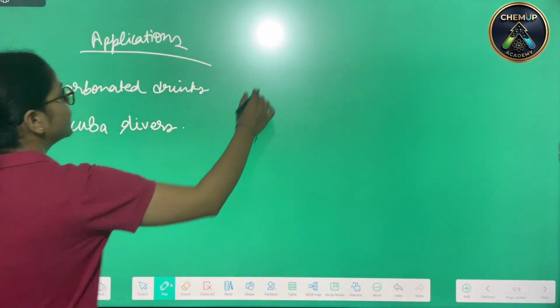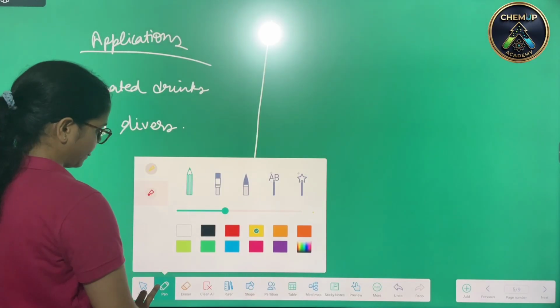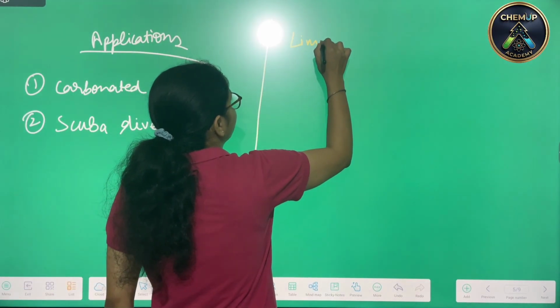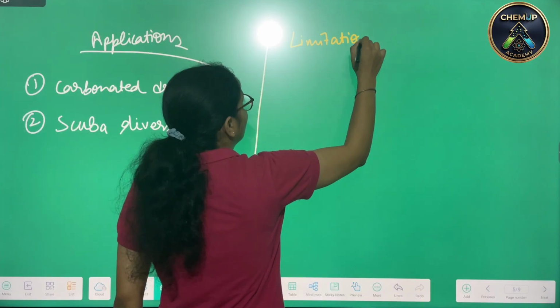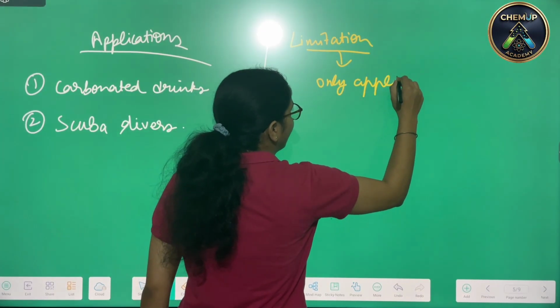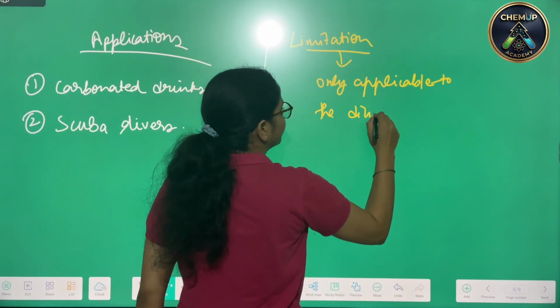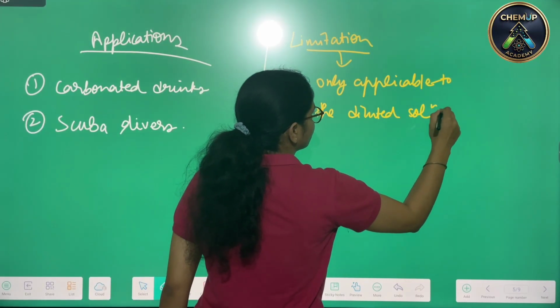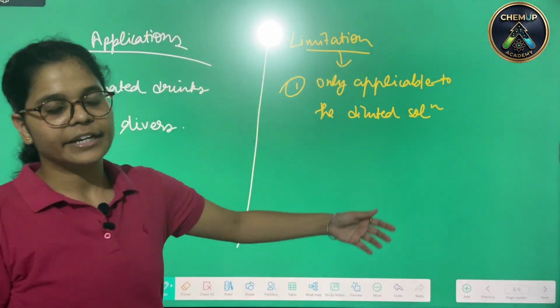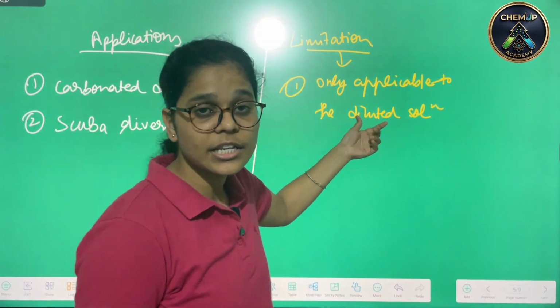Next thing is its limitations. अब limitations क्या हो सकती हैं? Limitation सिर्फ एक है इसके लिए, क्या? It will only be applicable to the diluted solutions. इसकी सिर्फ एक लिमिटेशन है कि ये सिर्फ उन्हीं चीजों के ऊपर एप्लीकेबल है जहां पर डाइल्यूटेड सॉल्यूशंस है